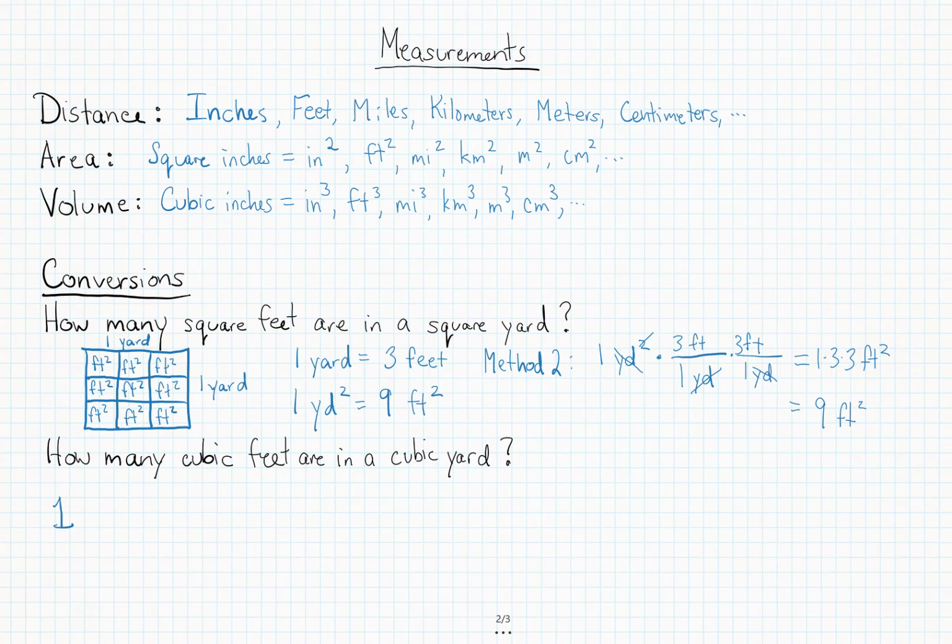You can start with 1 cubic yard. And now all we'll do is just multiply that. Well, we have to do conversions where we have 3 yards appearing in the denominators to cancel off of that yards cubed. So that means we have feet, feet, and feet to convert it to cubic feet. That means there's 3 feet, 3 feet, and 3 feet. So all of a sudden we have 1 times 3 times 3 times 3 cubic feet, or just 27 cubic